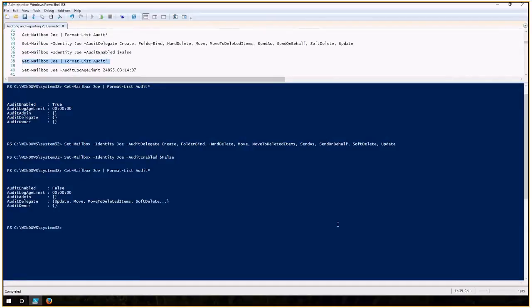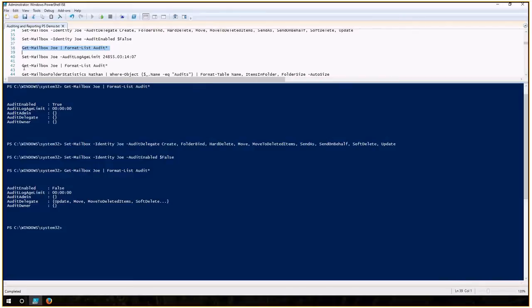One more time we do get mailbox. We can see those changes reflected in PowerShell here. Auditing is now set to false, but these are the items that would be audited if we turned auditing back on for Joe's mailbox. Set that audit log age limit is this next command here. Set-Mailbox Joe, AuditLogAgeLimit, and then that